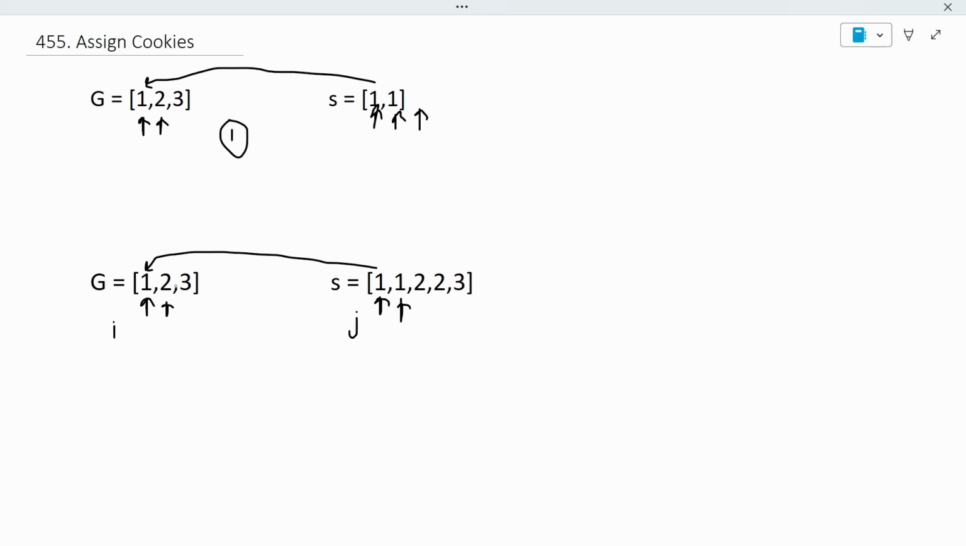So incrementing the i pointer will not be worth it, because the greed after the 2 is already greater than 2, and 1 will not be able to fulfill two greeds. So how will it be able to fulfill the greeds greater than two? We will increment the j pointer. Now we will check if 2 is greater than or equal to 2. Yeah, very good. So we will give this cookie